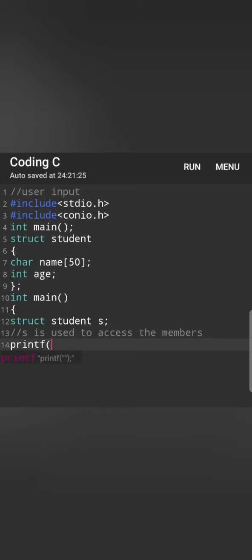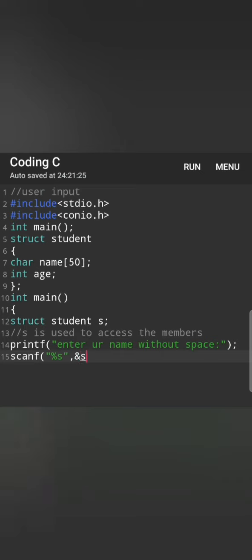Now, by making use of printf statement, we will display a text message asking the user to enter their name without any space. And then by making use of scanf statement, we will accept the user input. We will need to make a change in our scanf statement. We will write scanf, parenthesis, quotation %s, then we will close the quotation followed by a comma, and here we will make use of the ampersand sign.